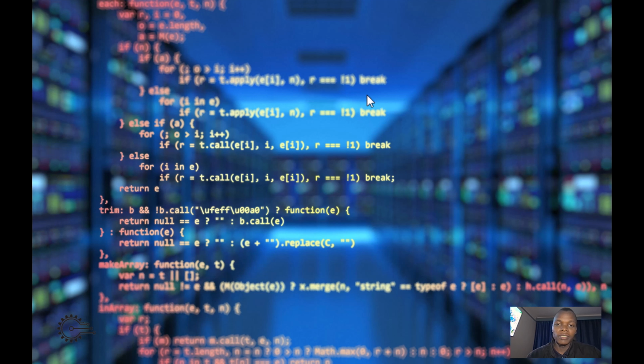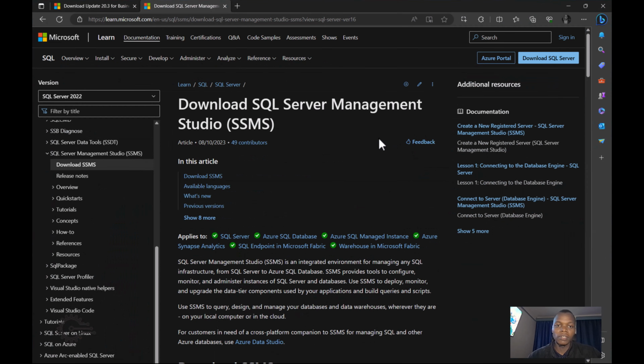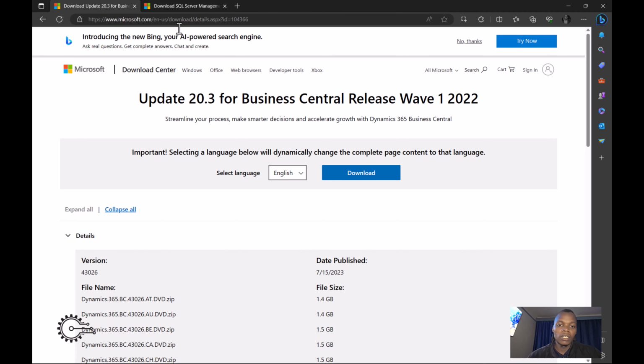This is Emmanuel Meli, and I'm going to take you through the installation process of Business Central. Before that, you must download and install SSMS, which is the SQL Server Management Studio. This is where you will host your database, and you also have to download and install Business Central,